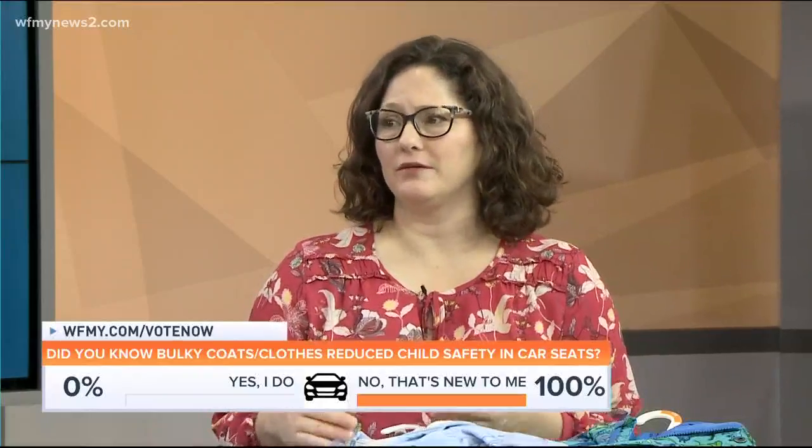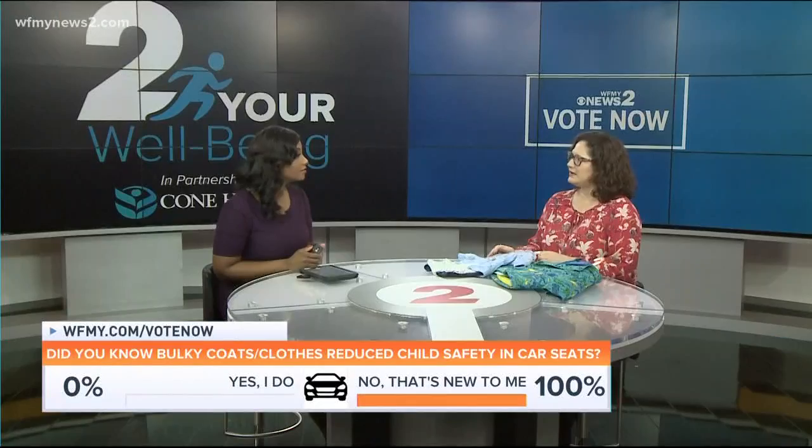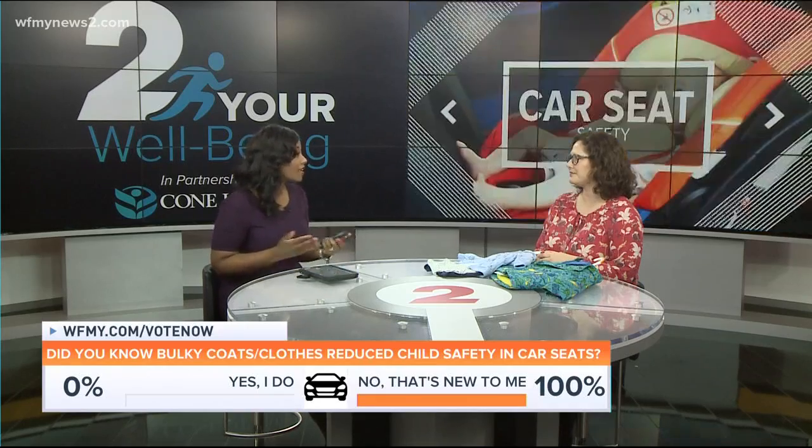Older kids can put their coats on backwards, right, to keep them warm. And a good rule of thumb for infants is one more layer than what you're wearing. Right, so keep it on top of the harness, not underneath the harness. Right. Good tip. And so what can parents do to make sure that their children are safe